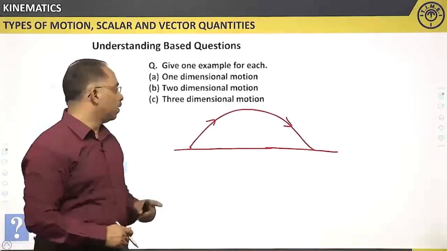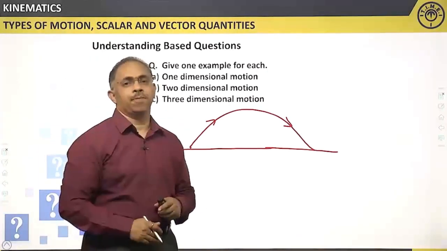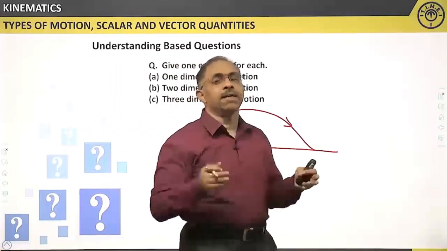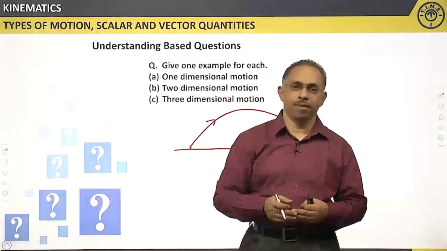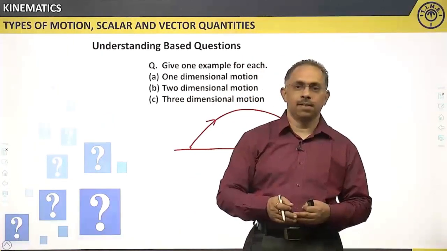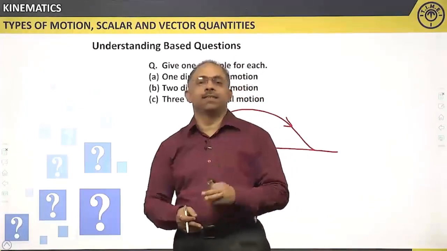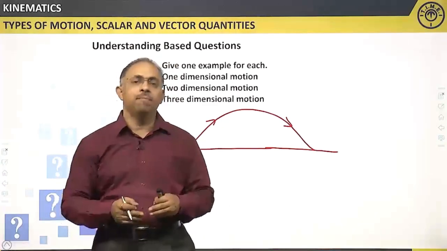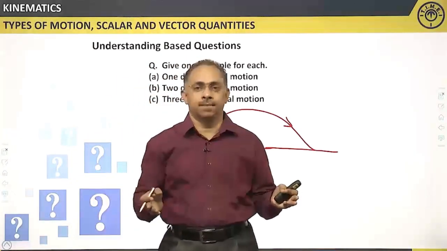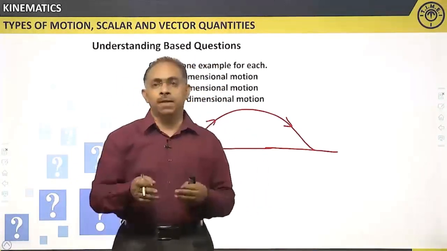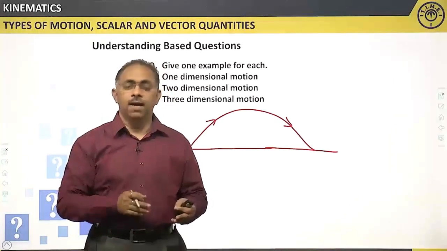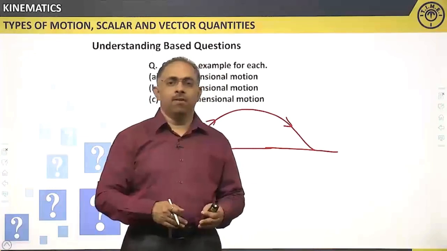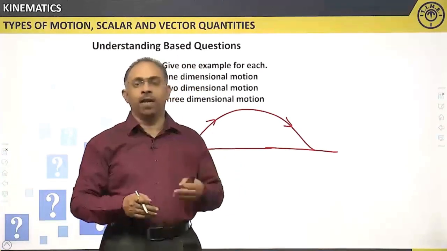Clear? Now, coming to three-dimensional motion. When I say three-dimensional motion, the body should move in three different directions at the same time. Clear? One example is the motion of a honeybee. A honeybee goes in a random direction. It does not stick to any one particular direction. Clear? Or else, another example you can take is the motion of a plane once it takes off from the runway,